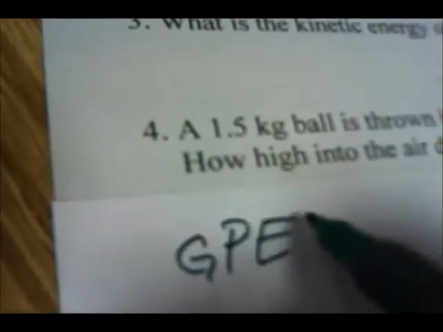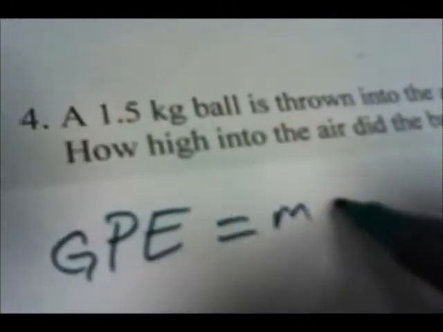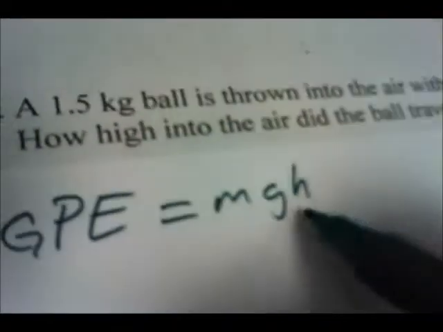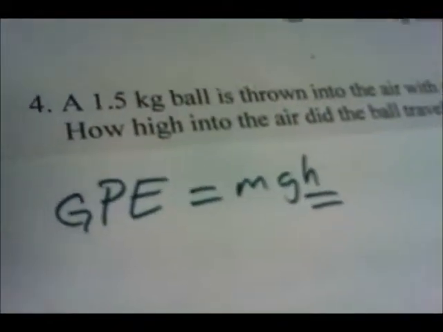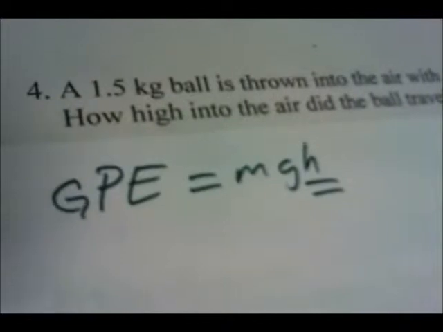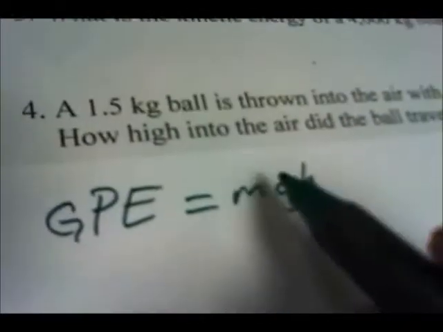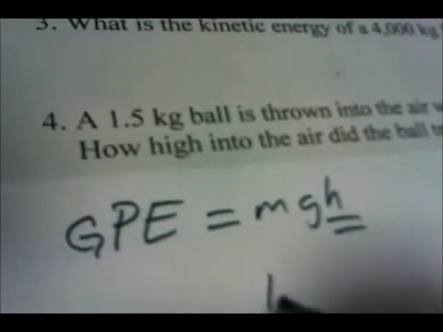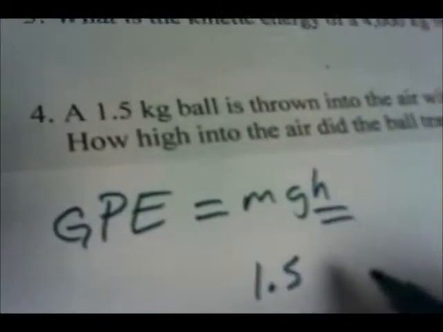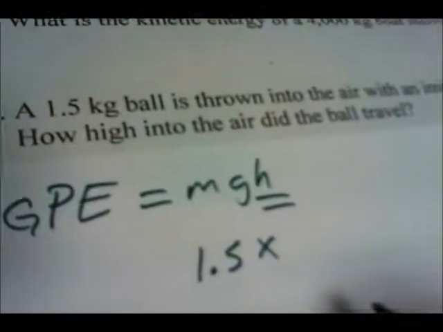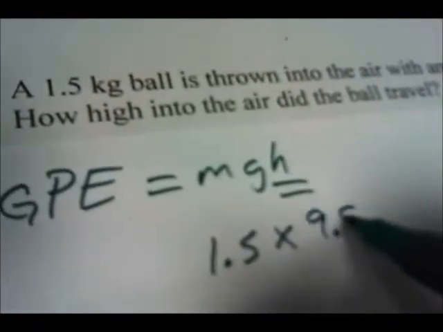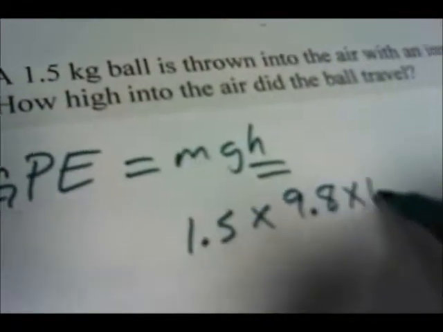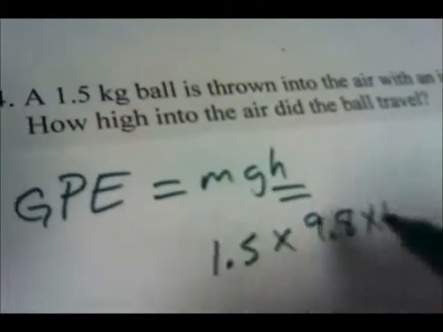And so the formula with height is GPE equals mgh, where h is height. To solve for height, we're going to need the mass. In this case, the mass is 1.5 kilograms. We're going to need gravity, and gravity is 9.8 meters per second squared. And that will give us height if we have